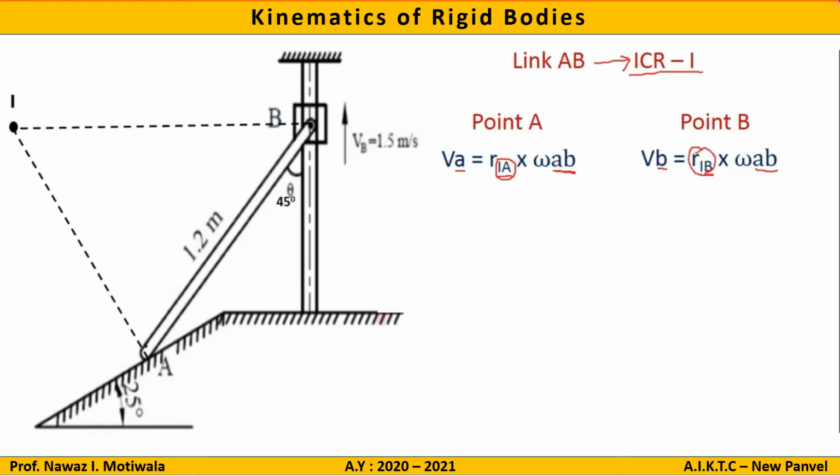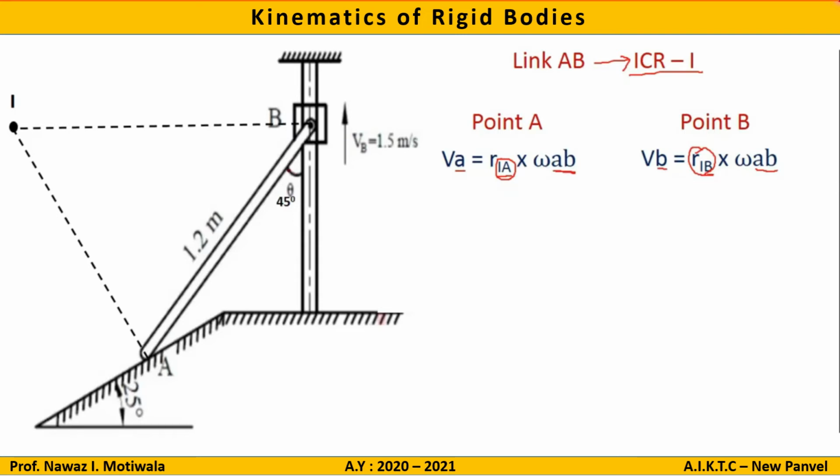So if you consider this triangle AIB, I know this side AB. So if one side is known, and by geometry we find the three angles of this triangle, we can apply the sine rule. Let us see whether we can find the three angles of this triangle. Let us start.